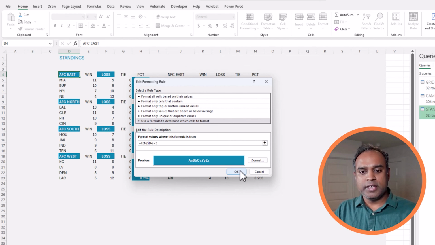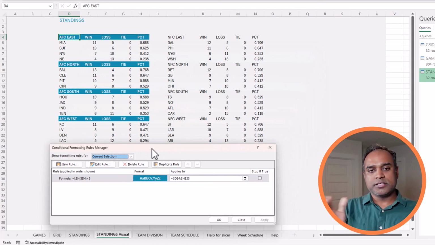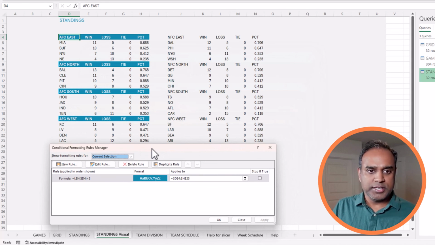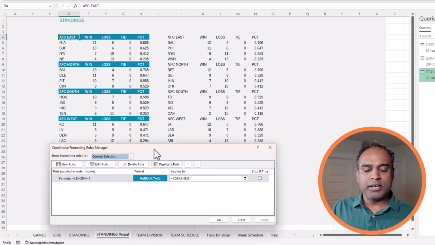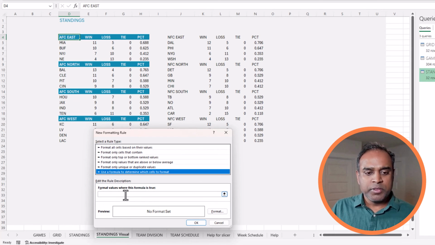Lock it, and then say, okay, apply. So now we have a really nice clean presentation of the conditional formatting applied only to the division headers. I want to do the same thing for the NFC on the right side as well. But before I do that, one more thing I would want to do on the AFC side is